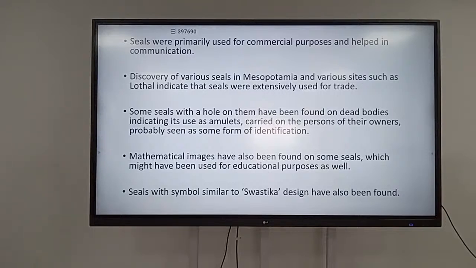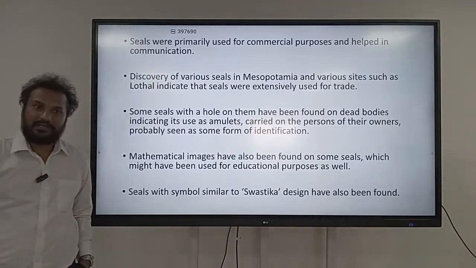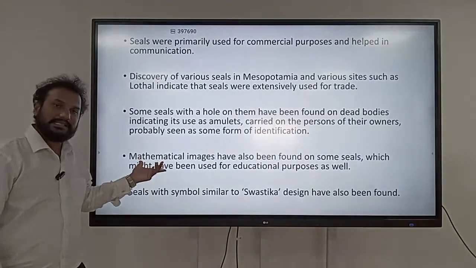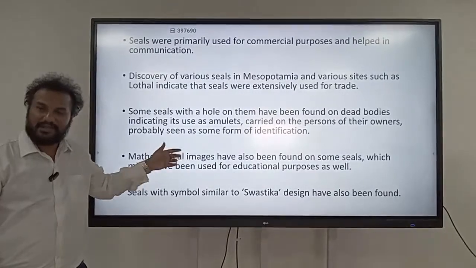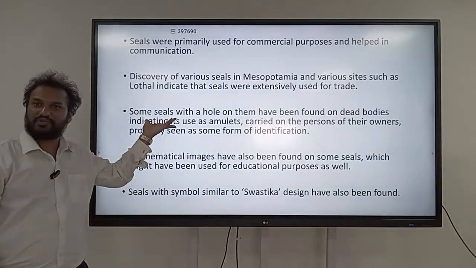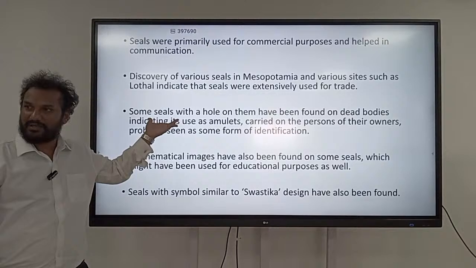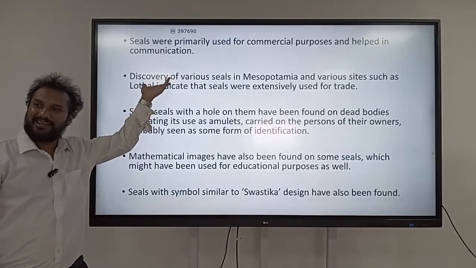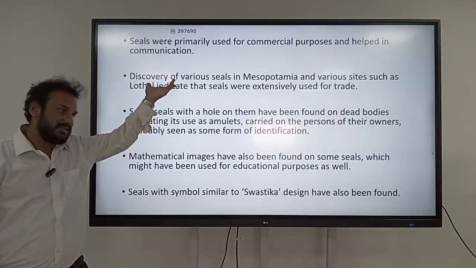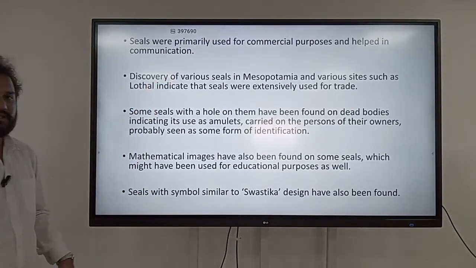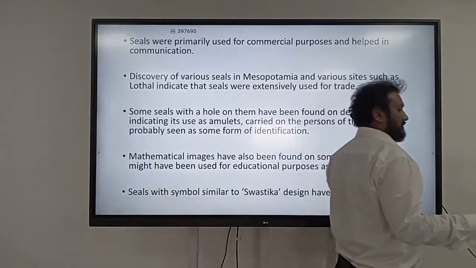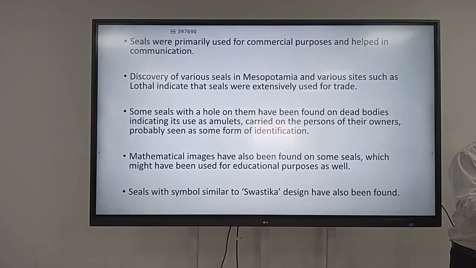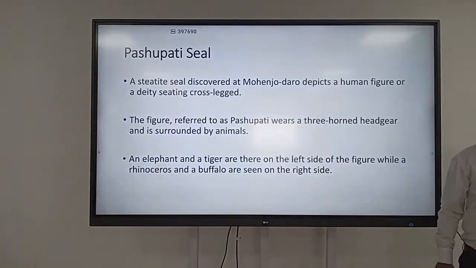Topaz, circular, triangle symbols were also found on some seals. So historians concluded that seals can be used for educational purposes, for spiritual purposes because of the amulets, and for trade, the commercial purpose. Some of the seals also had the swastik symbol. Okay,